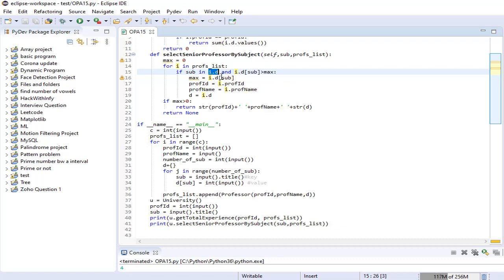If it is present, I follow up the condition to check whether the number of experience for that subject is greater than the value stored in the variable max. If it's going to be greater than the value stored in the max, then I am changing the value stored in the max to the present value. Therefore, at the end of the for loop, I can get the records of the professor who has the highest experience. Hope you can follow what I'm trying to say.